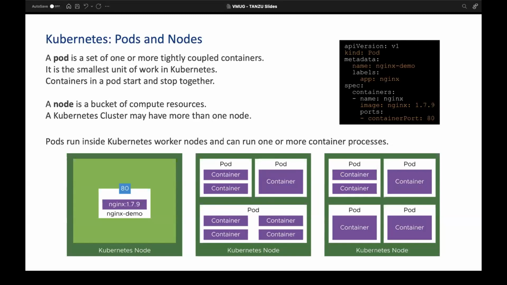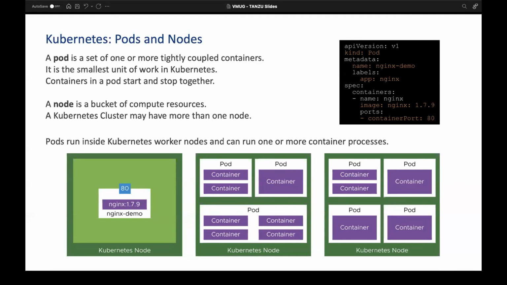And why do we need Kubernetes? Kubernetes is basically a container orchestration platform. So in a production environment, when you have already started your journey towards app modernization, you end up having a lot of containers and a lot of applications which are running on containers. So it becomes really difficult to manage the lifecycle and to have a centralized management of all those containers. So we have Kubernetes that helps us with all that.